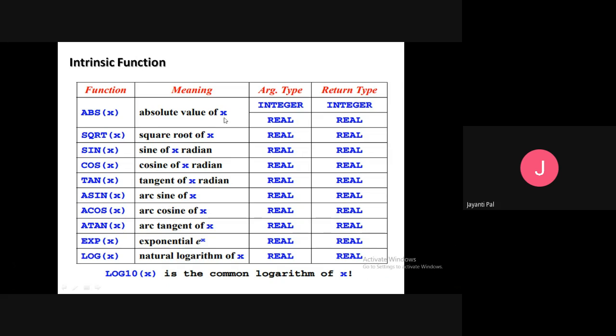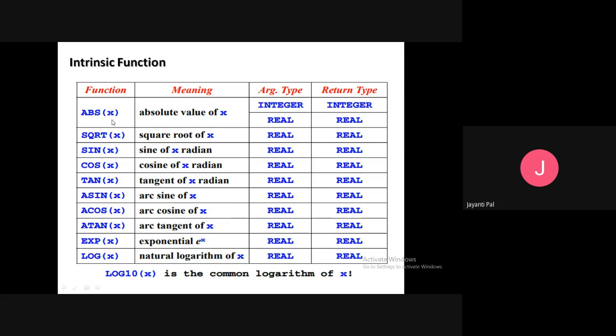Like if it is the integer minus 2, then ABS of minus 2 gives you only 2. That means only the magnitude you can calculate from this function. Even for minus 2.5, this function will return 2.5. That means the sign is not considered for that function.